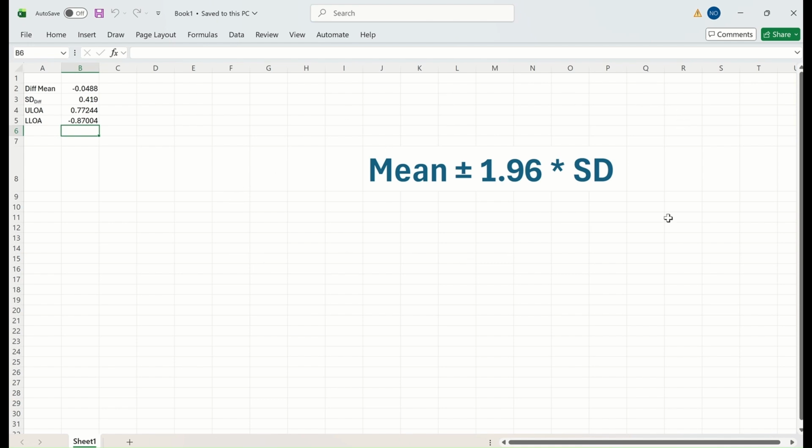The equation for calculating the upper limit of agreement and lower limit of agreement is the bias, or the mean of the differences, plus or minus 1.96 multiplied by the standard deviation of the differences. Here I had inserted the difference mean for the data and the standard deviation. And I've already calculated that, so I'm going to omit that and show you how to calculate the